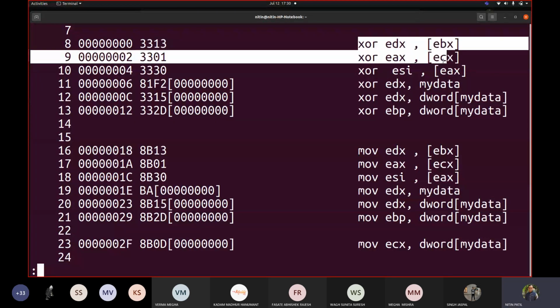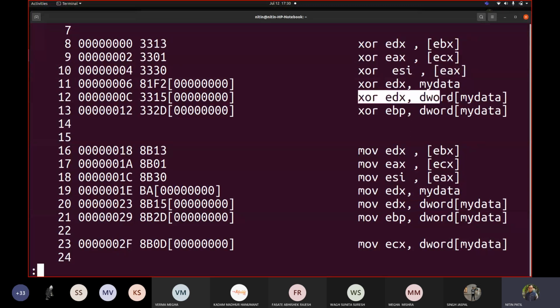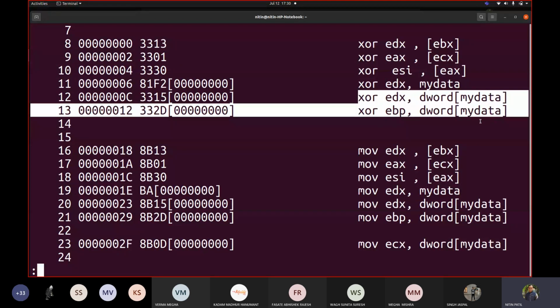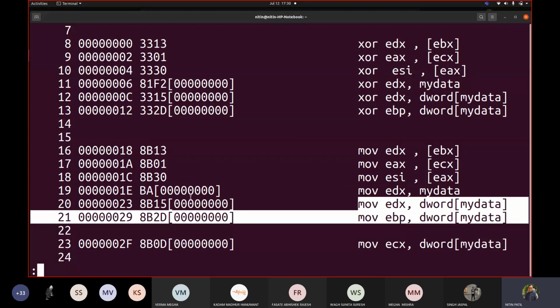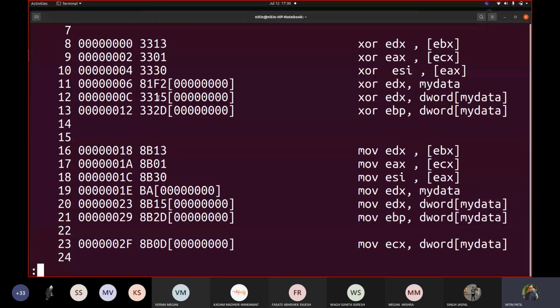Otherwise, if I talk about these first three and last two bits with this set, the same thing holds for this set's first three and last two. If you see, their ModRM is the same. For example, 15, 2D, 2D, correct? 1, 3, 1, 3, 0, 1, 0, 1, 3, 0, 3, 0. So if you keep changing only the instructions, this ModRM would be the same. Only what you have to decide is the opcode of this table.